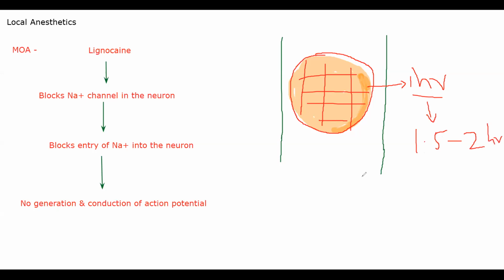What I can do is locally give adrenaline or norepinephrine. With adrenaline or norepinephrine, vasoconstriction will occur. You can also give phenylephrine. Either way, your nearby blood vessels will constrict. When you are giving nearby vasoconstriction like this, whenever you're applying the drug, that drug will have no channel to get away from that position.